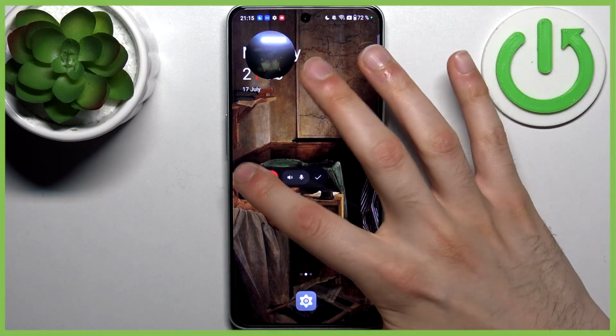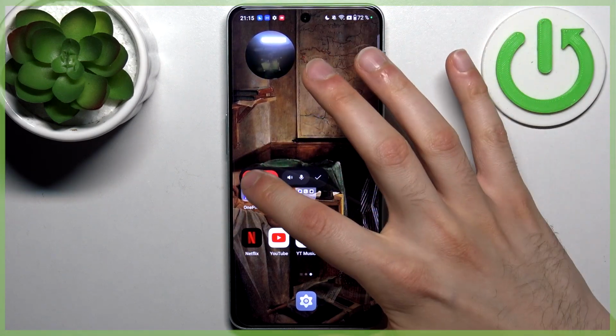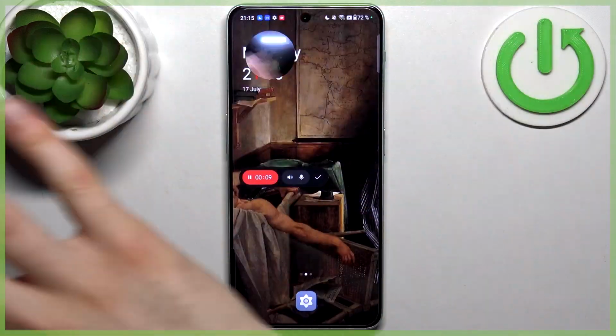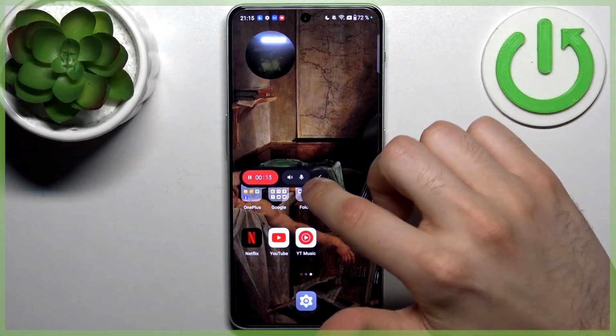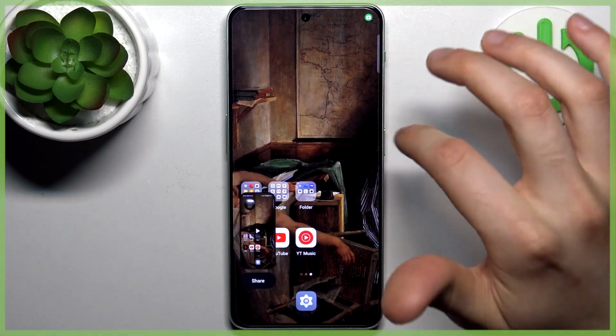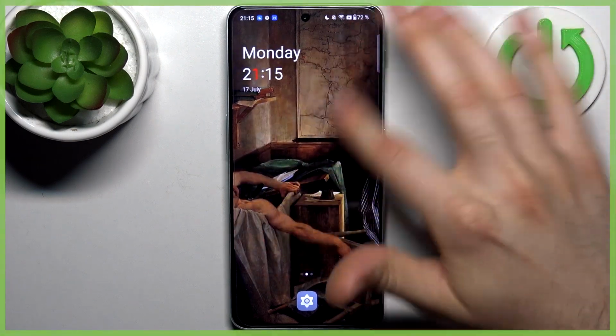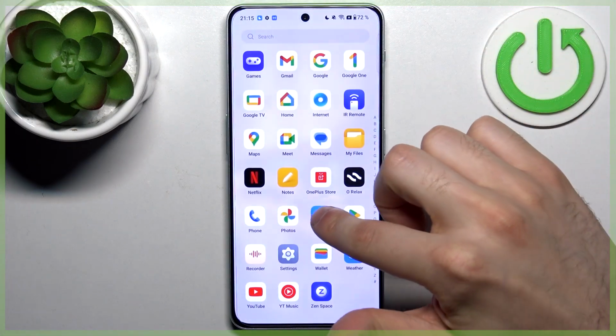You can also pause the recording by tapping here, then you can play it again. As you can see, here is like this front camera view. And by tapping on the stick icon you can save recording, and then you can find it in the gallery,